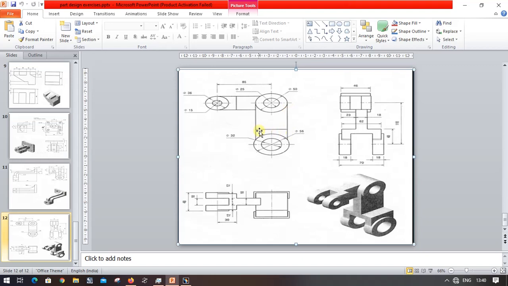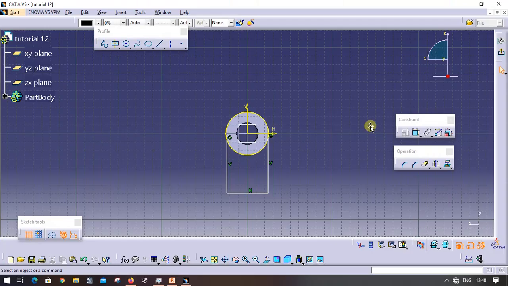So we have drawn this. It must be having a distance of 110 minus 40, that will be 70 from this origin point.